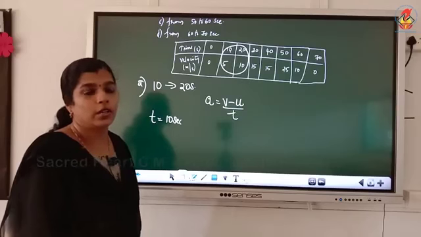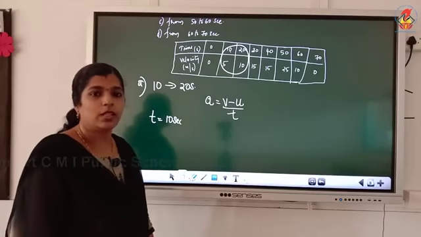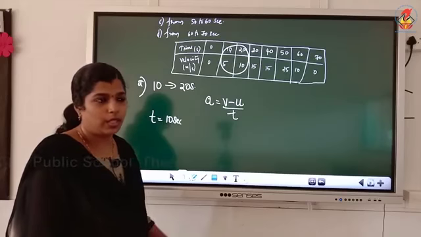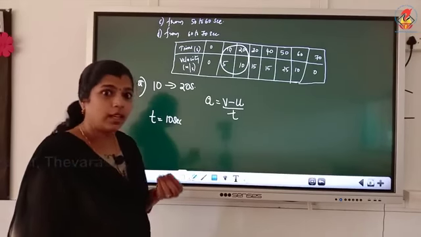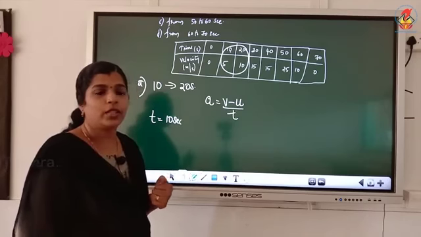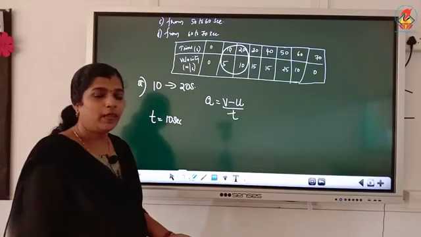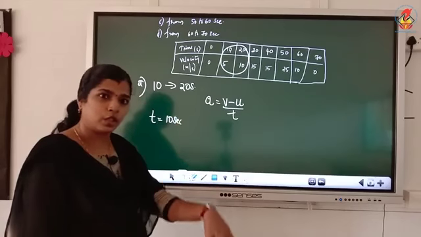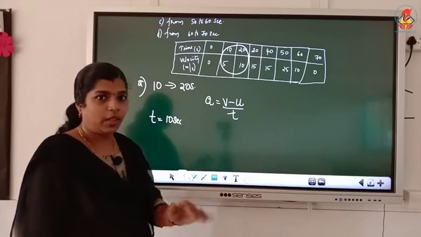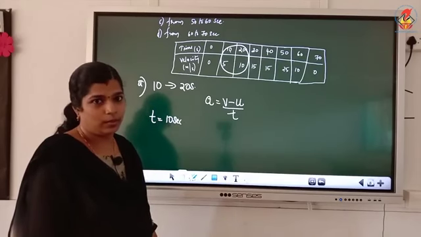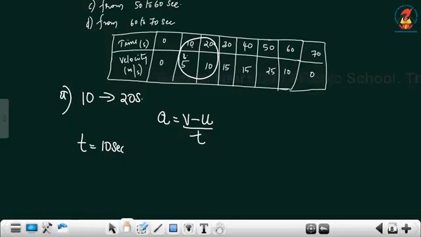The first velocity is known as initial velocity, meaning when an object is starting, when a car is starting. Final velocity means when the object stops, when the car stops. So this one is the initial velocity,